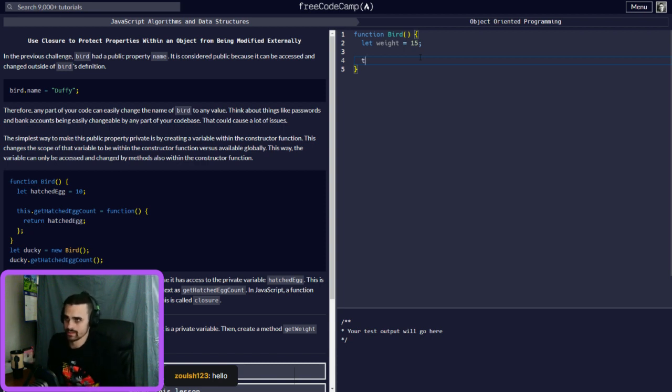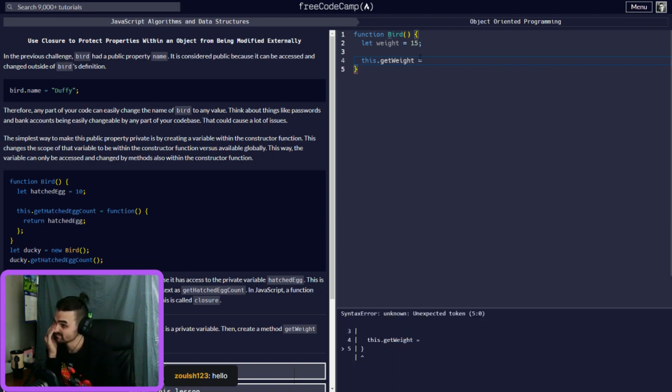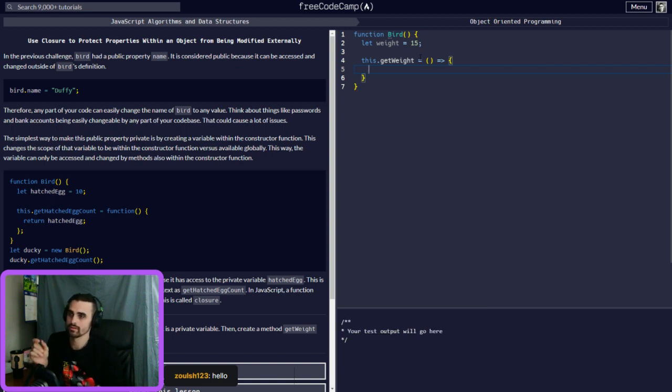Now the only way we can get this is this.getWeight. getWeight will equal a function, so we can get the weight, and then we could do the return weight.